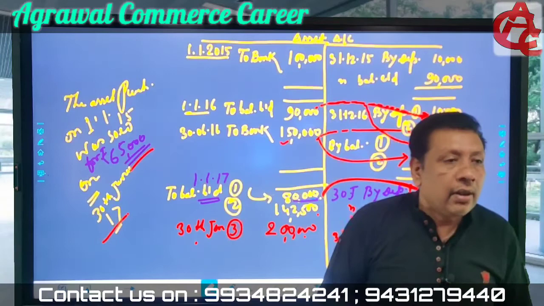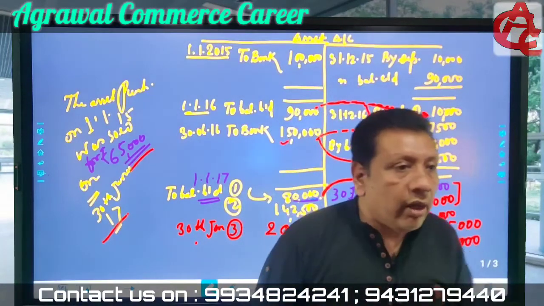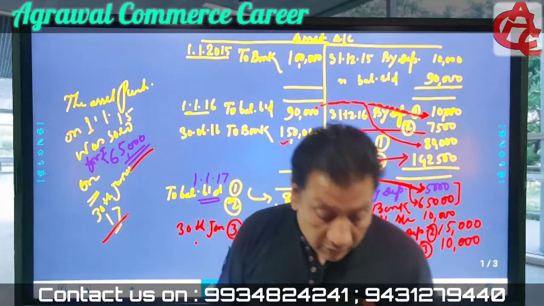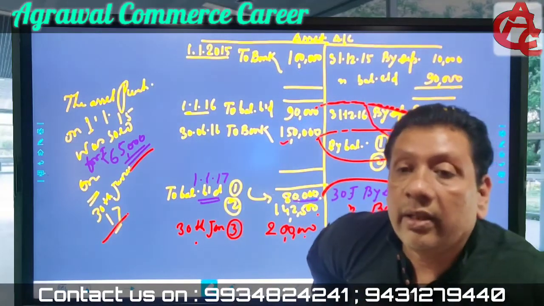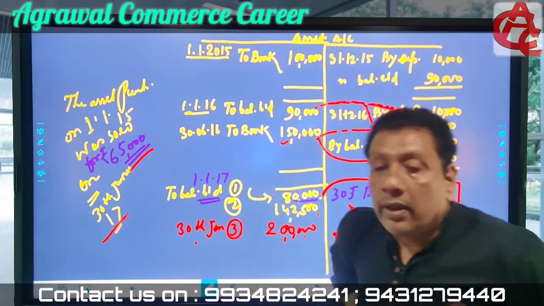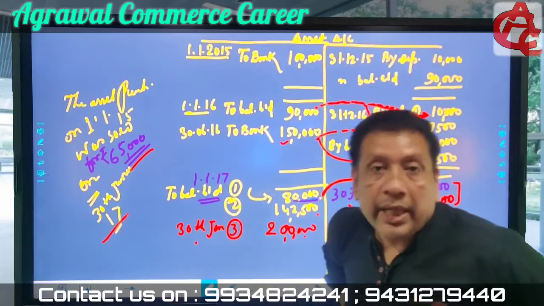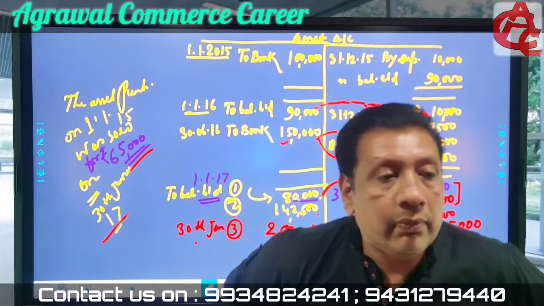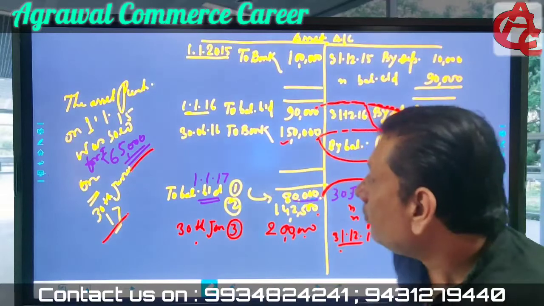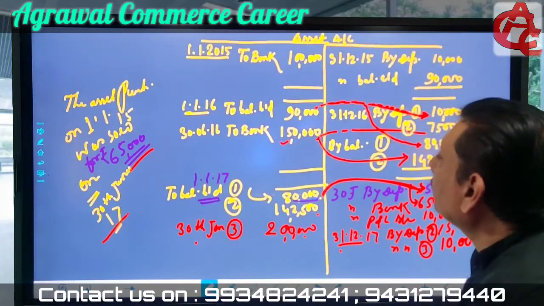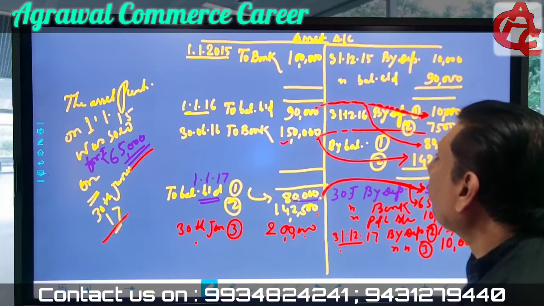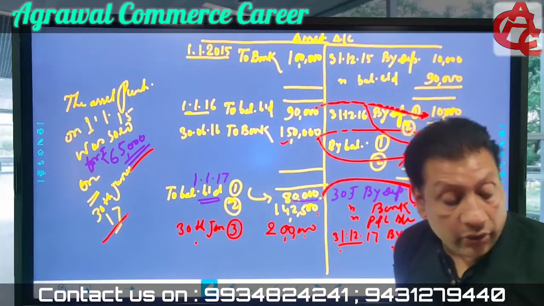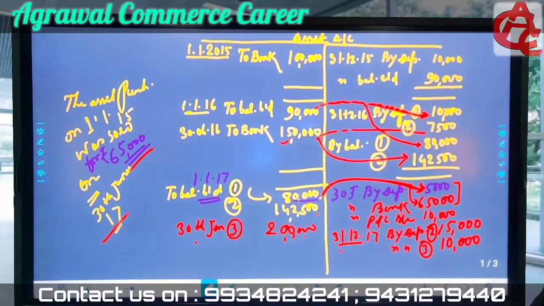And if you are asked to prepare the assets account for the first, second and third year, please note down the question immediately. On 1st January 2015, X Limited purchased an asset for rupees 1 lakh. On 30th June 2016,